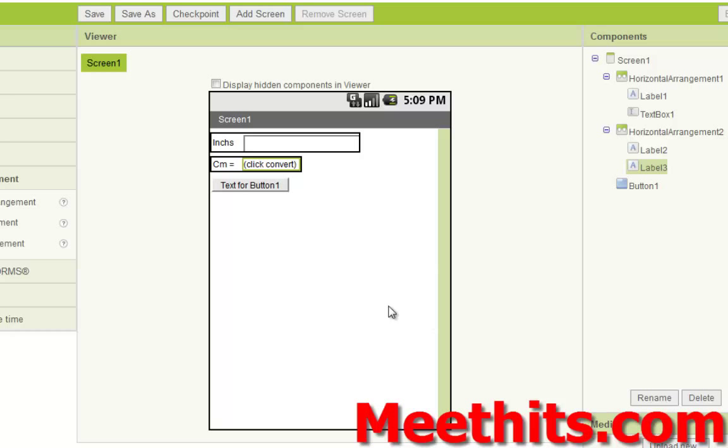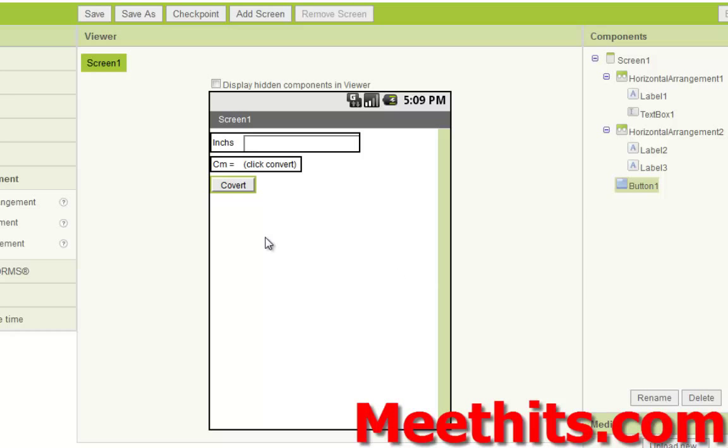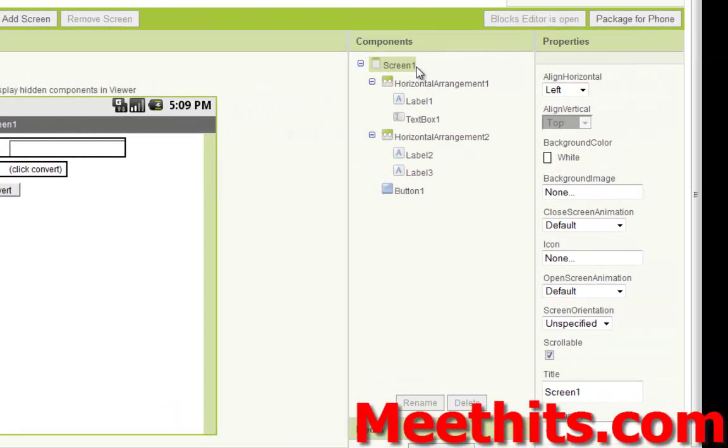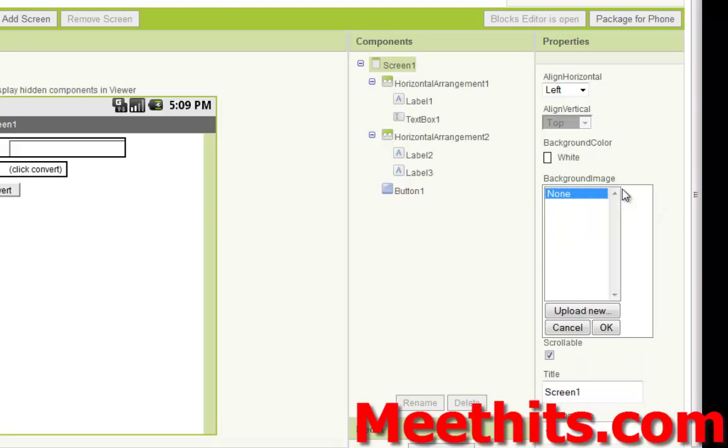Okay, now the blocks editor is open, but let's first complete this. Good, we have convert. One more thing you can do is go to screen one, and then you can choose your own background.